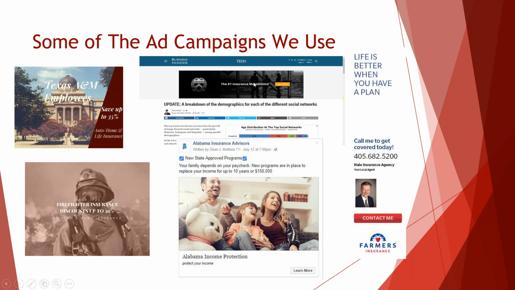Again, we've got over 250 in our ad library, but we also utilize retargeting. And this is an example of one of my retargeting ads that we run. What happens is when anybody clicks on your website, we take our customers' database, any lead that you've ever generated, and as we're building ad campaigns, anybody who clicks on your website or fills out your form, we create what's called custom audiences, and then we follow those people around everywhere they go.